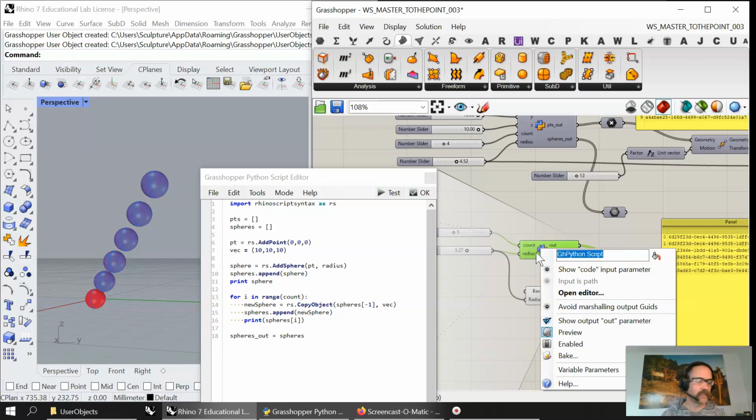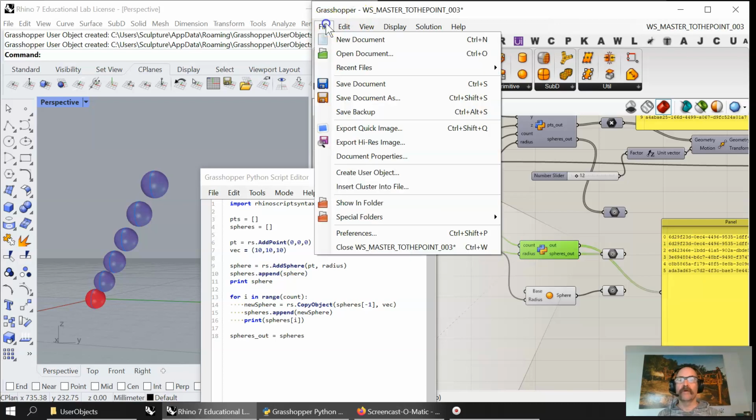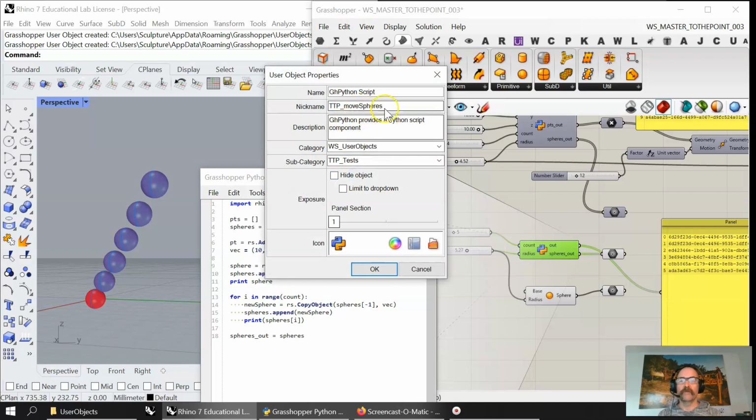And we will call this, what should we call it? Let's call it move objects. And we don't know what you want to move, but we would have to say, honestly, for this one, move spheres, because that's what's in there. And you'd have to retype other things to get it away from that. But moving spheres is also, what it really means by moving is copying it and putting it in another spot. So I'll grab that, copy, go up here to File, create a user object,